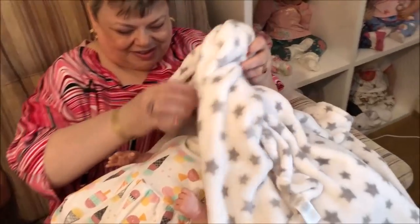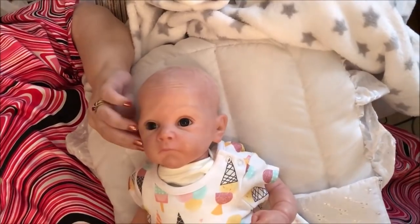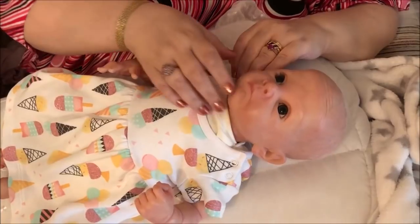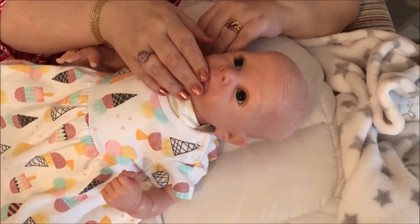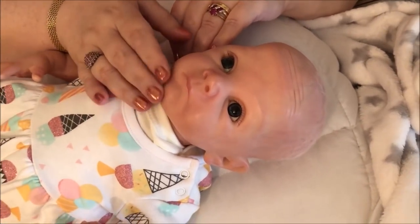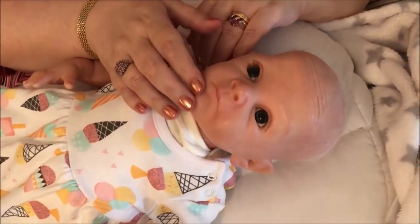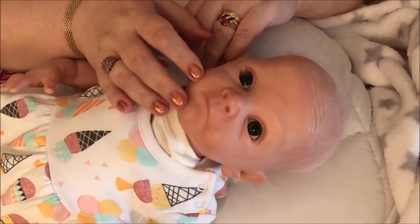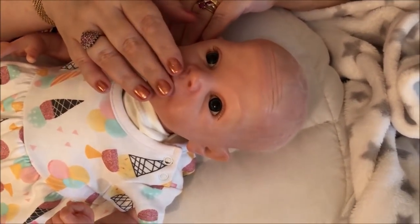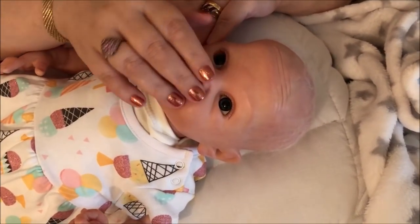And let's do this face. And here she is. Here is our baby. Hello, darling. Isn't she just a cutie pie? That is just such an adorable face. We have another poochy lip. Second one this week. I just love this face. I love the little soft chin with the cleft in it, which you don't often see. She doesn't have a double chin. She has this poochy top lip, and she has a turned up nose,